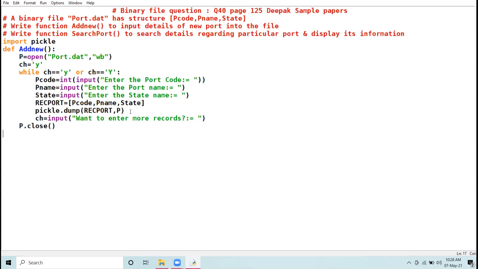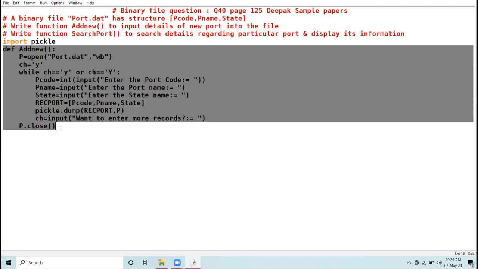If you want another record, you will press Y, either in lowercase or uppercase. If you don't want more records, you will press any other key except Y. So that will terminate this function, add new. Okay, fine. Is the first function clear to everyone?